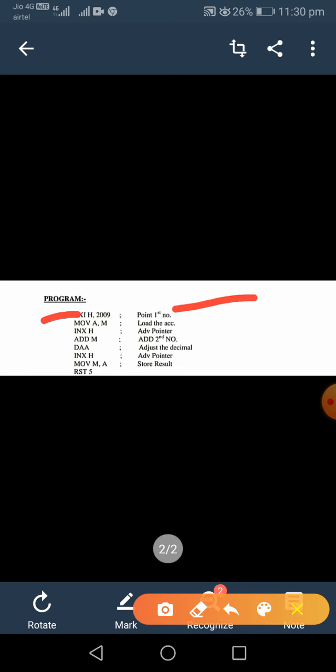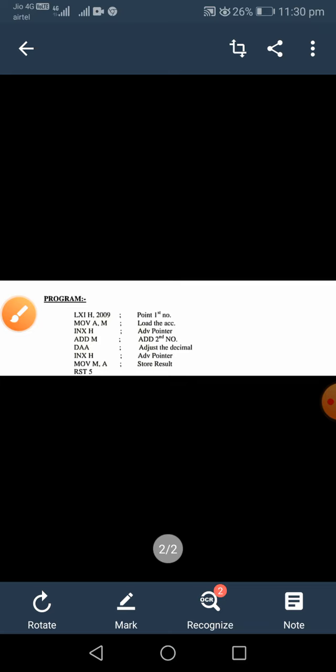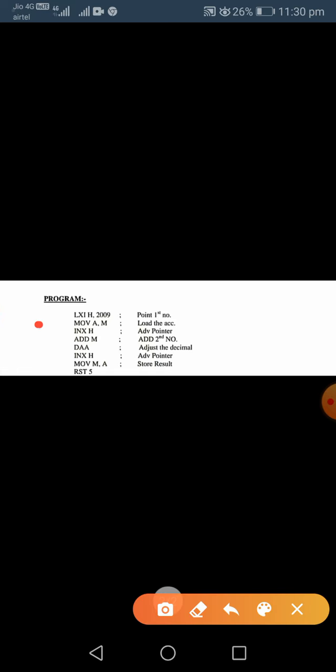You can see the HL memory register. Now the next command is MOV A, M, due to which the data in memory location 2009 will automatically be stored in the accumulator.